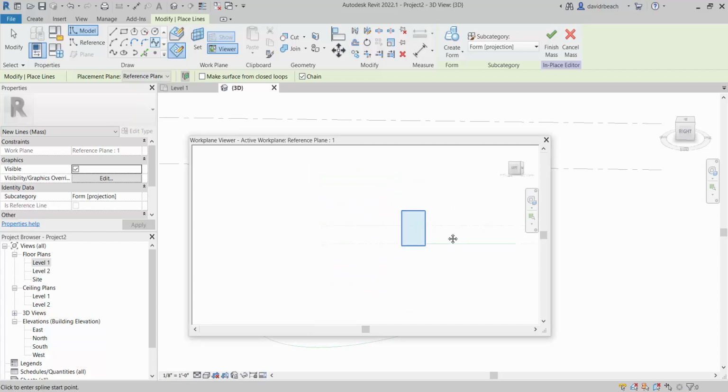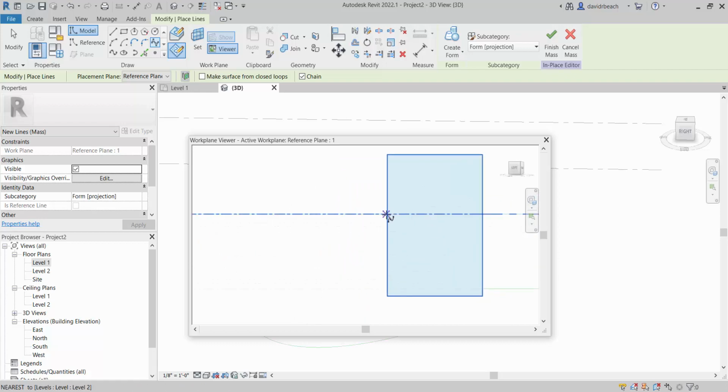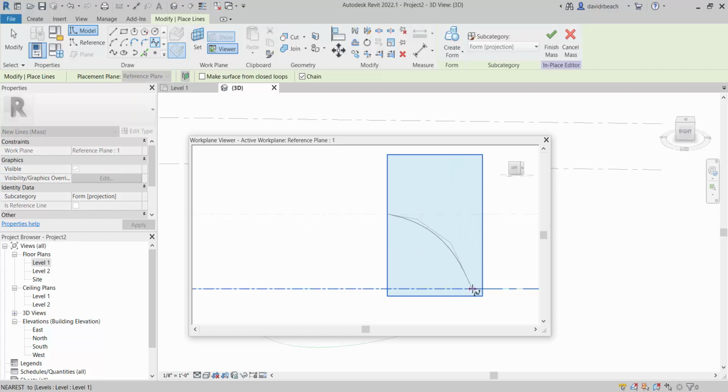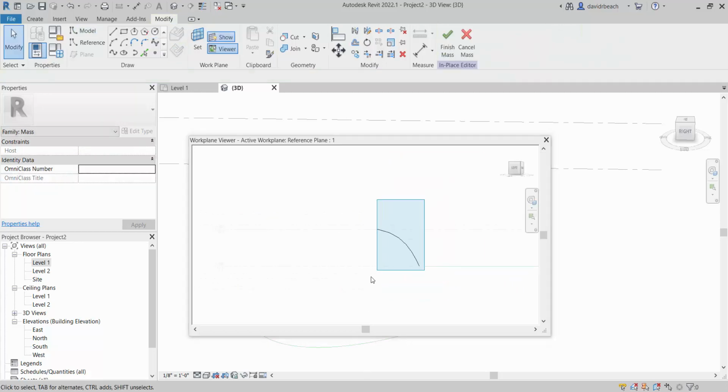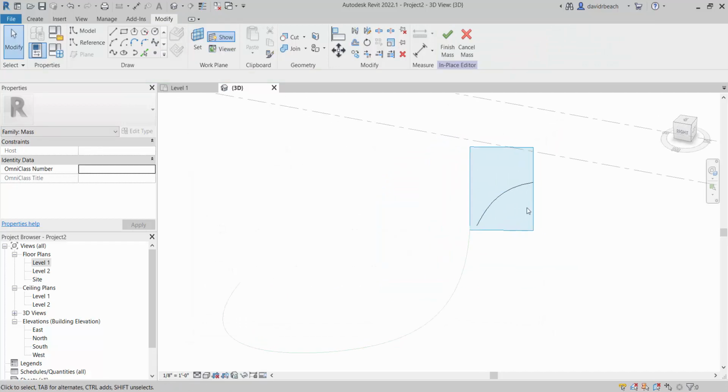So let's say that I wanted to make sure that that was happening underneath, there it is, my level 2. If that first one wants to start underneath level 2 and land at level 1, I could do something like that. So that is my first spline. I can just close that at any time. You can see that is on level,